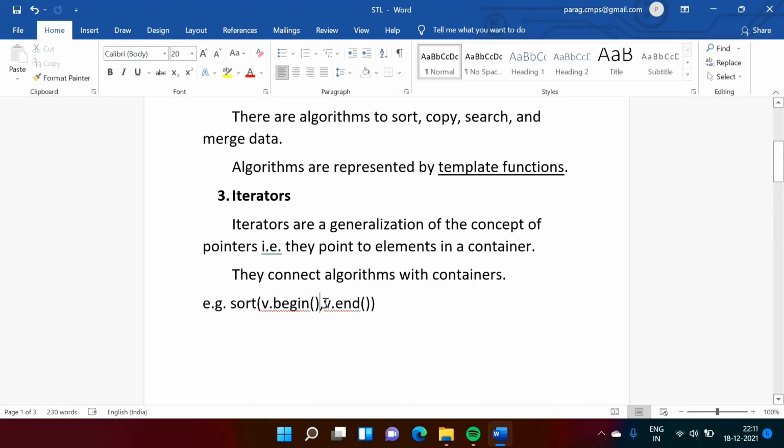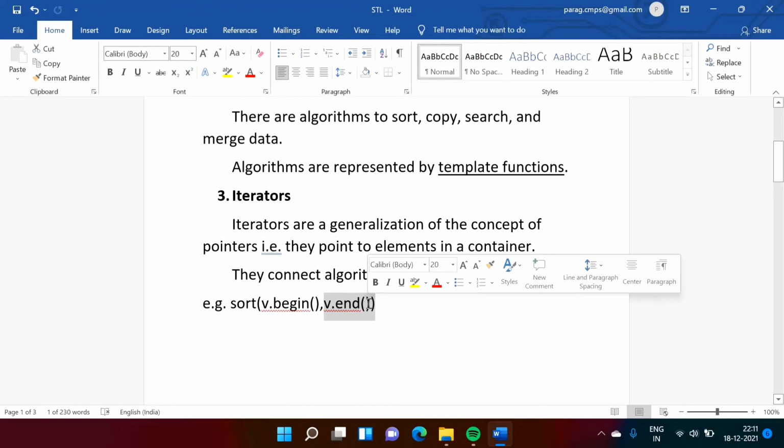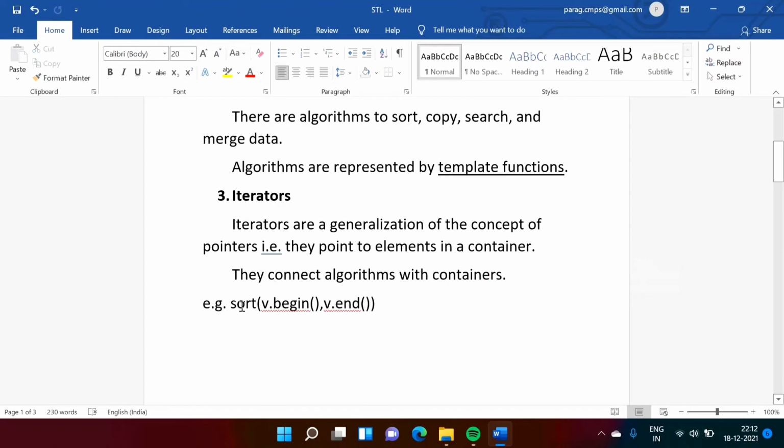Then v.end, this end function returns the iterator which is pointing next to the last element. So here see, these iterators are connecting the algorithm sort with the container vector. So they connect algorithms with the containers.